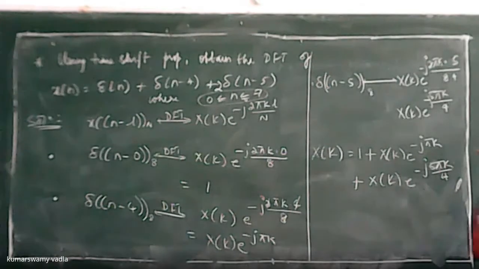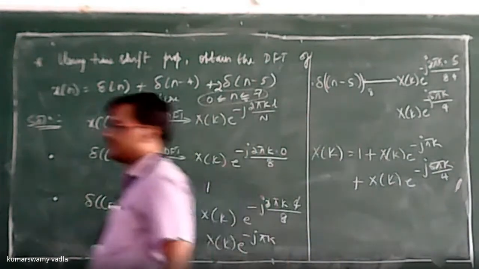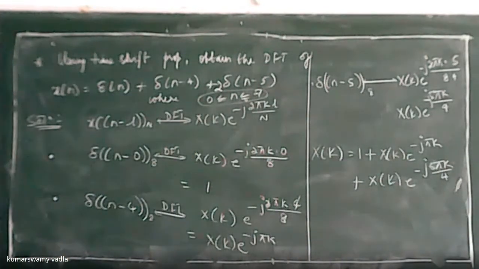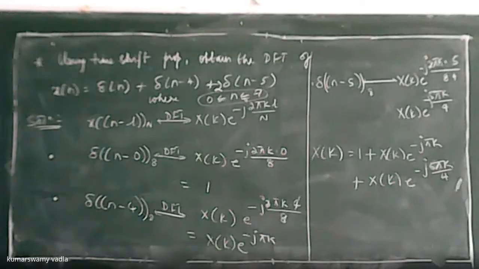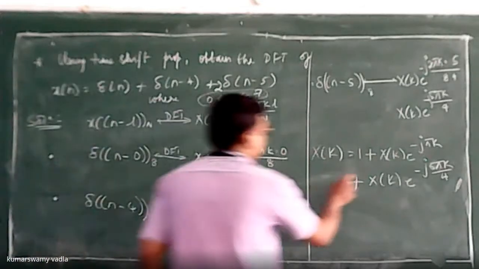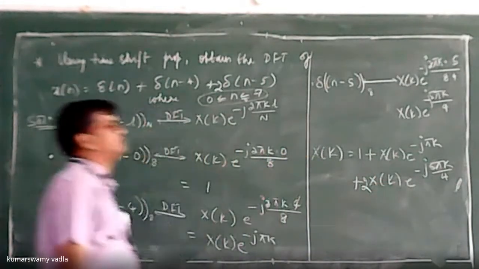Now, what can we write? First, you note down. Any doubts, friends? Sir, the last term is multiplied by 2, no, sir. Yes, the last term is, very good. This is 2.